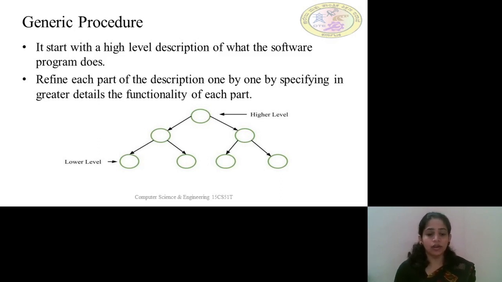The higher level module is again divided into two sub-modules. Again, these sub-modules will have lower level modules. To start with, we define the functionalities of the higher level modules. Then we come to the next step, that is sub-modules. By refining every time, we specify in depth the details of each and every module so that it will be easy for the coding and the development.